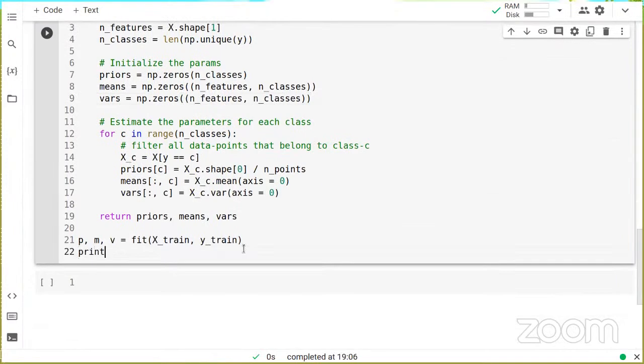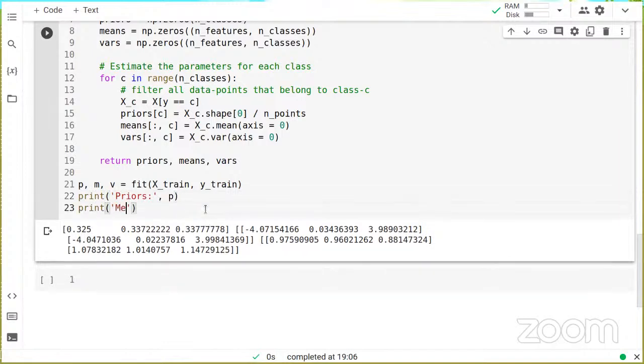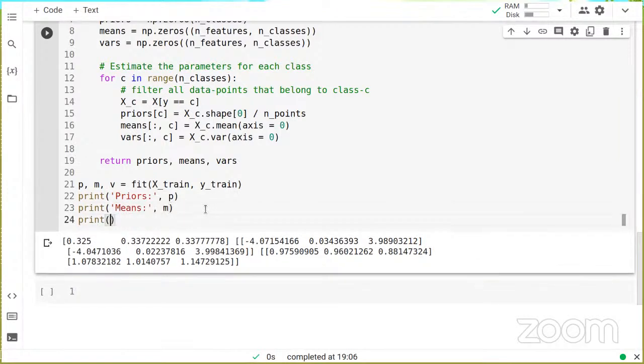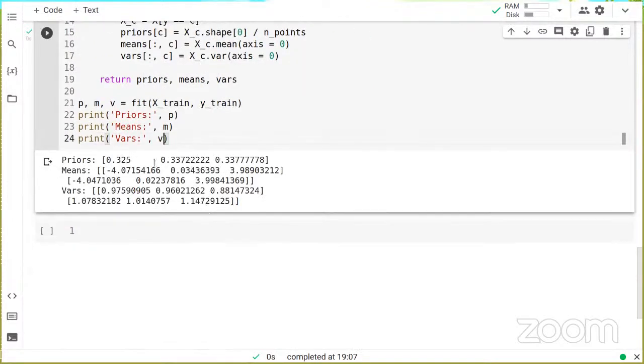So let's print them and see if we have some reasonable values. Priors, okay, I'll print them on separate lines so that we are able to distinguish the three. Priors, means, and vars. Okay, priors are correct, nearly 1/3 each. Okay, means are